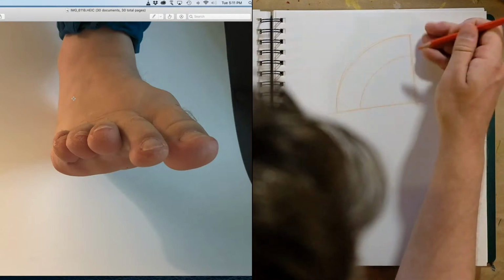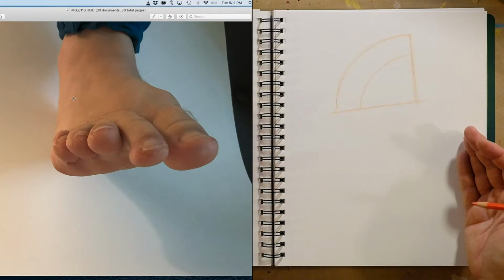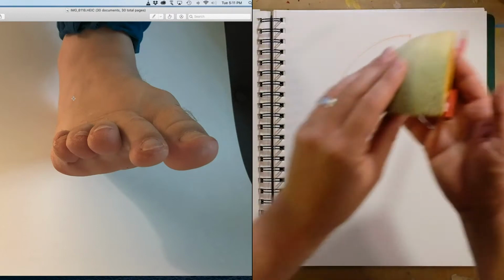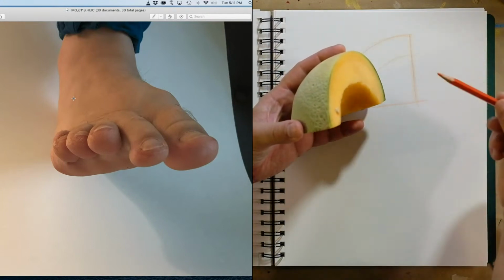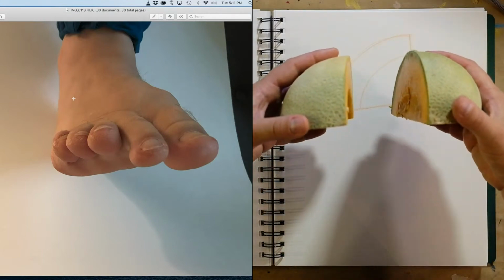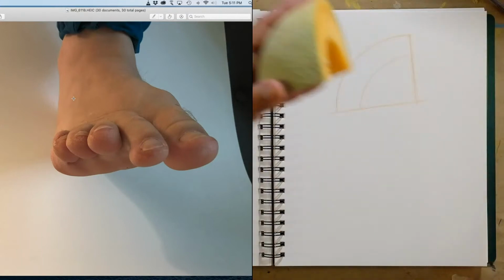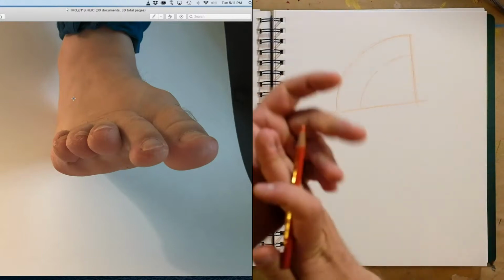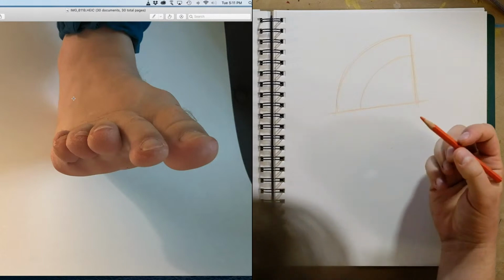So the inside of the cantaloupe is always facing the inner part of the shoe, I guess. I don't know how you would describe that. In other words, this shape here is always facing the other foot. So if you're drawing two feet side by side, they're like this. They're never like that unless your legs were crossed, I suppose, right? Okay. So this cantaloupe,